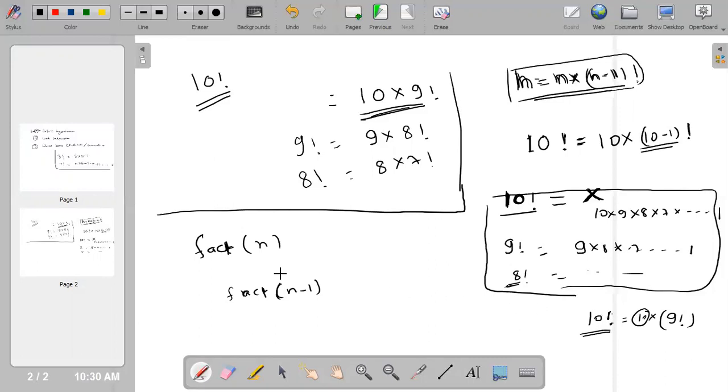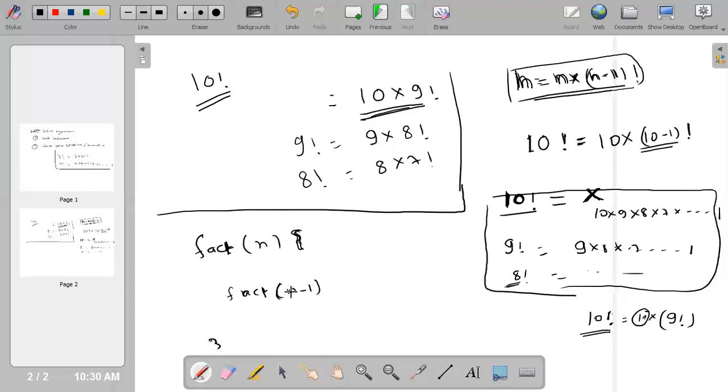So I need to calculate the value of fact of n minus 1. Okay, so this is my function. That's fine, the function is good. So this is my hypothesis: fact of n is equal to, and inside that it will be calling n minus 1.